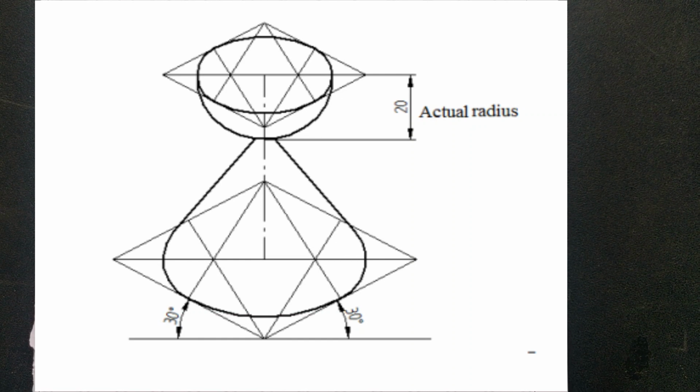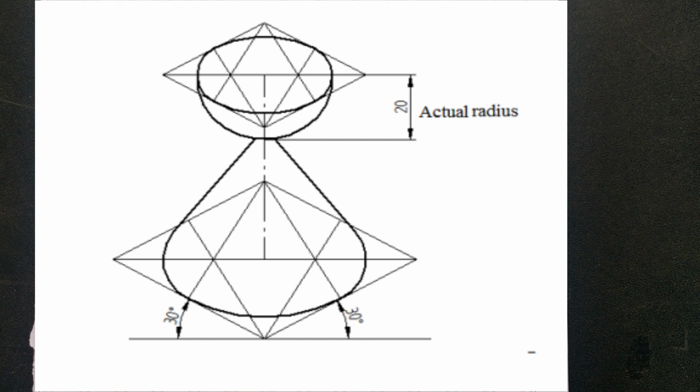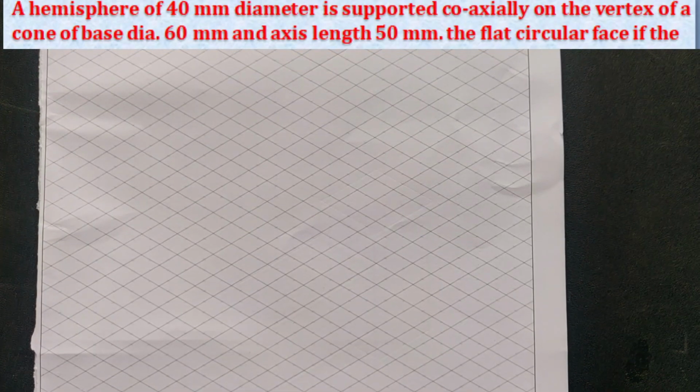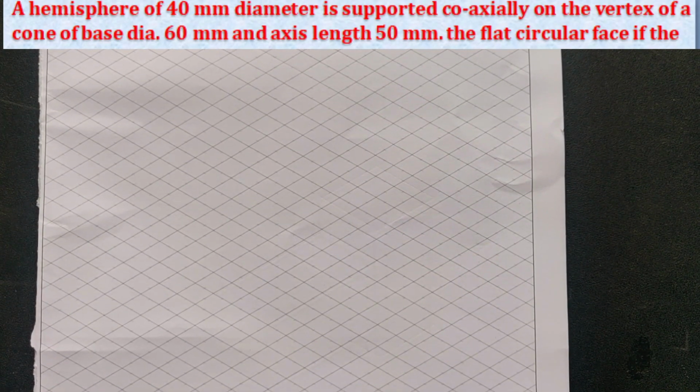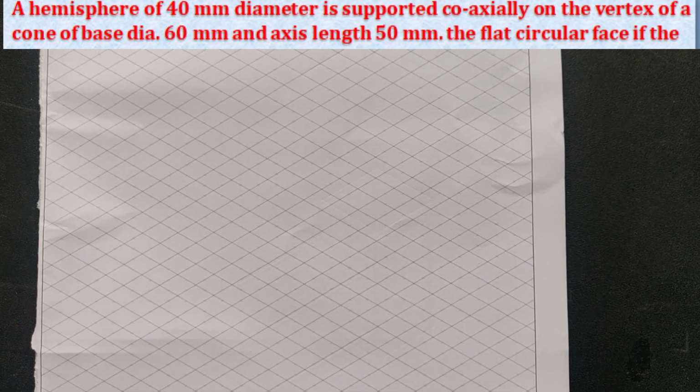Keeping this in mind, we'll first understand how to draw an ellipse. Whenever they give you a circle, you need to draw an ellipse. Whenever they give you a sphere, you need to draw a circle. That is how we go with isometric projections. So first let us see how to draw the isometric of the circle or an ellipse for this particular problem. We'll go straight to the problem.